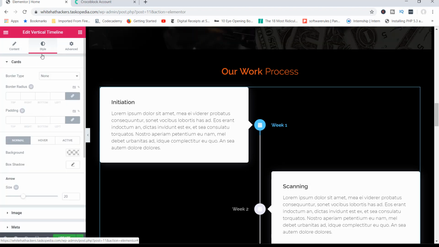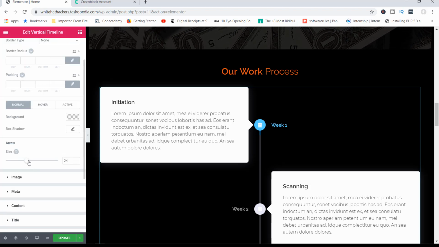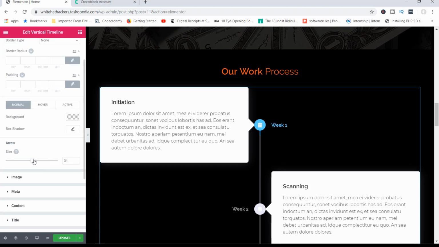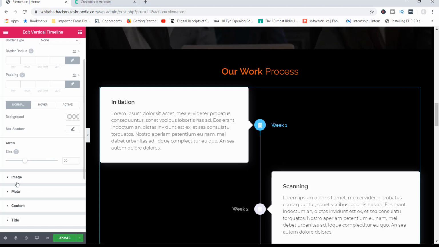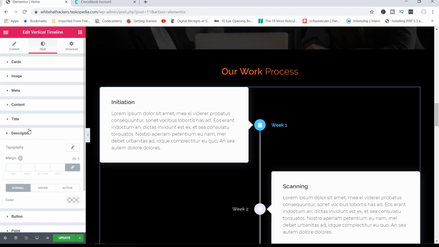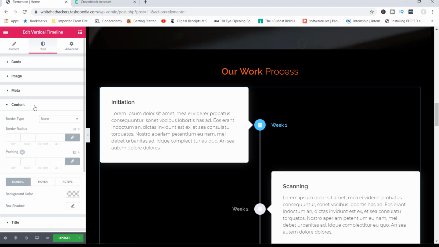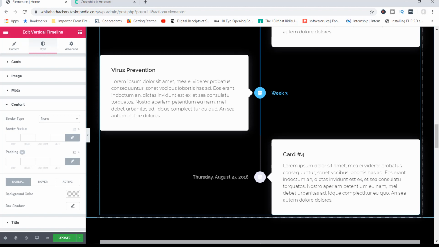And of course, under styling, you can add your borders, change the size of the arrows, maybe make them bigger. As you can see, make them bigger, make them smaller. You can add your image as well. Things like that, like, you know, change the description, change the title, the content, add coloring, padding, box shadows, and so on. So this is a really cool element, and one of my favorite additional elements that Crocoblock offers